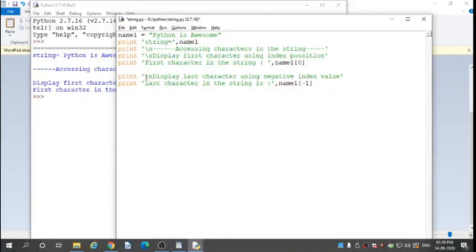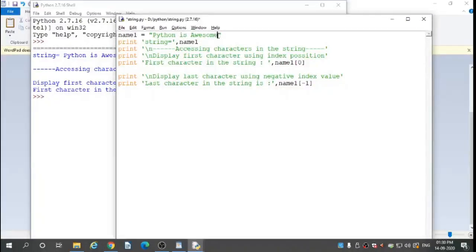Here we display the last character using the index value. The last character starts from the reverse position. So the last character in this string is name1 in square bracket -1.